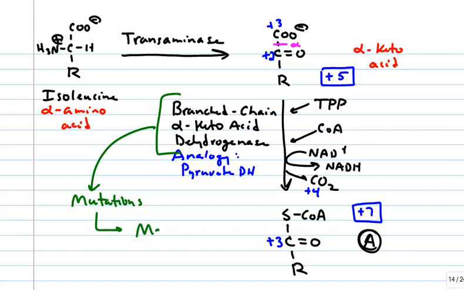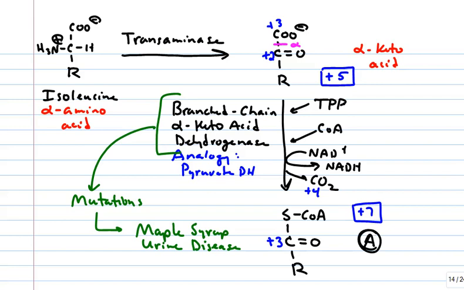It's called maple syrup urine disease, and it is some impairment through mutation of branch chain alpha keto acid dehydrogenase. If there's a mutation in this enzyme, if this enzyme is not as active or not present, then you build up, or if you're a child and you have this issue,